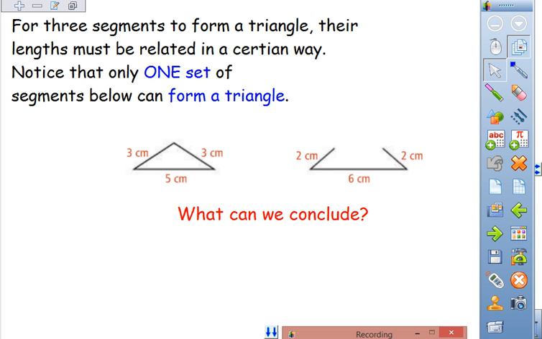Here's our next topic. For any three segments to form a triangle, their lengths must be related in a certain way. Notice that only one set of segments below can form a triangle. So in the first picture, we have a 3, 3, 5 triangle. In the second picture, we have a 2, 2, 6 piece that doesn't actually close,